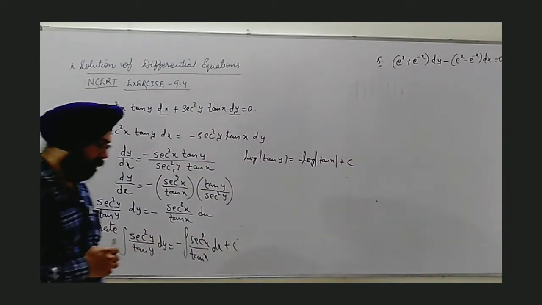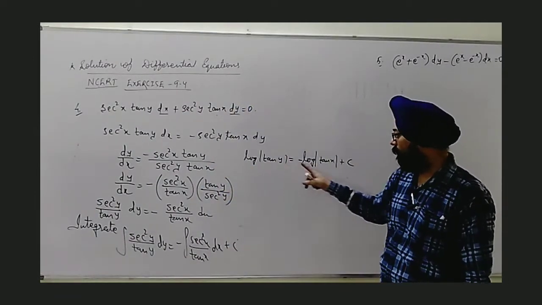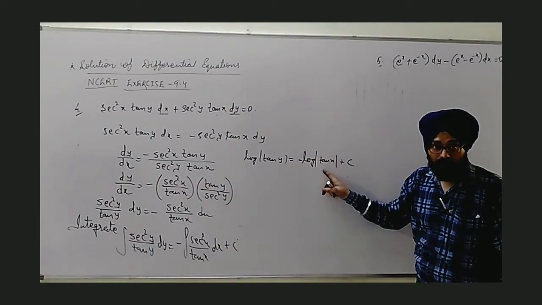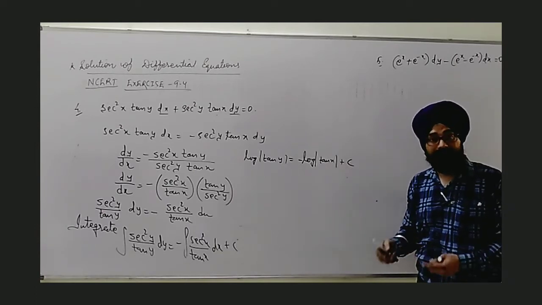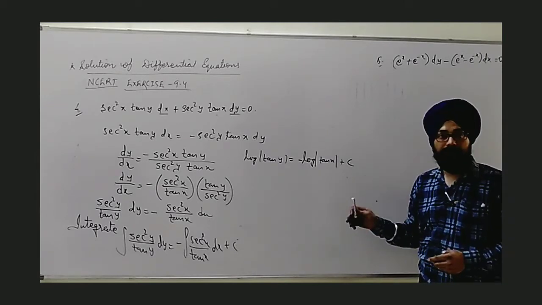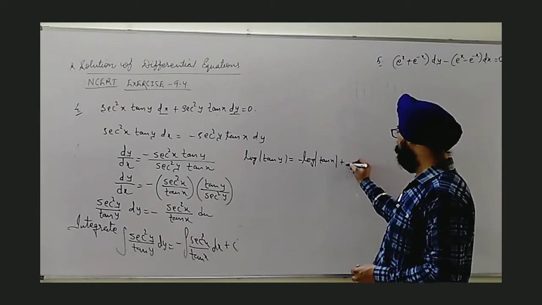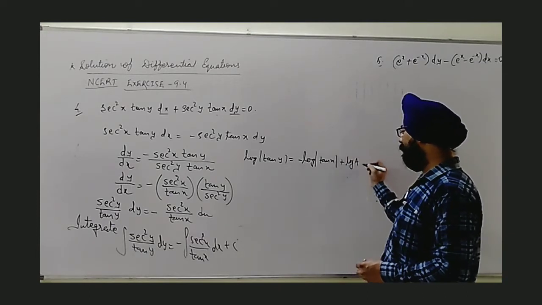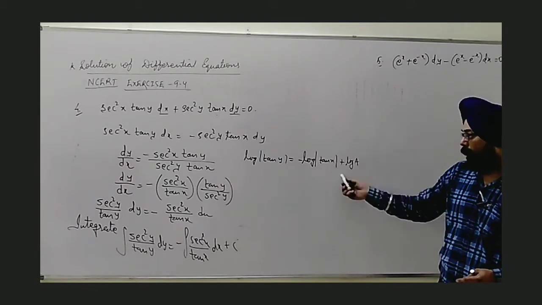Now, a very important statement: whenever in the solution you have all the terms of log other than the constant, this constant also should be written in the form of log, so that applying the properties of log, we can eliminate it. Like c can be written as some other constant as log a. It doesn't matter. It's a constant at last. Okay. How we can do?